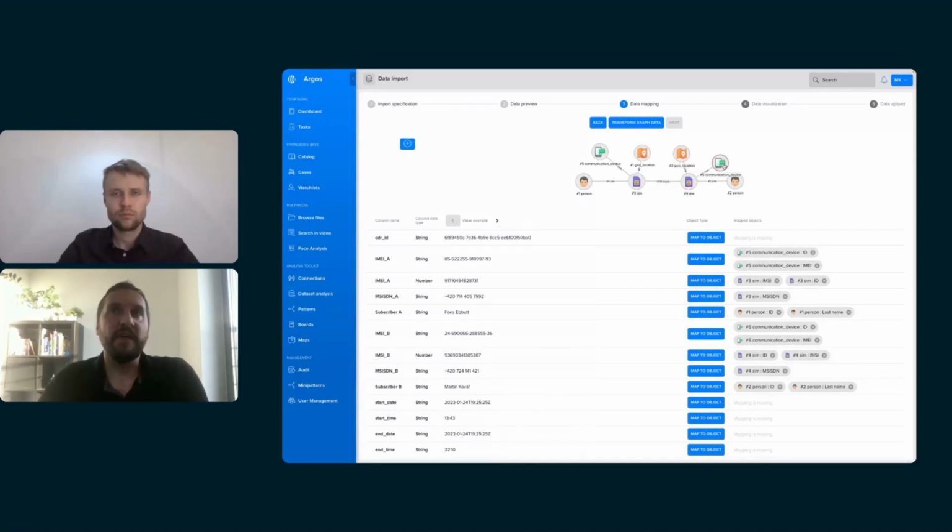And the other SIM card has the same information. So another person, another subscriber linked to it, another device, and all the locations related to it. So all is coming from each individual line of the input data. Now it differs operator from operator, country from country. Sometimes it may happen that you have information only about the party A or the initiating. You don't have much more information other than for the C,